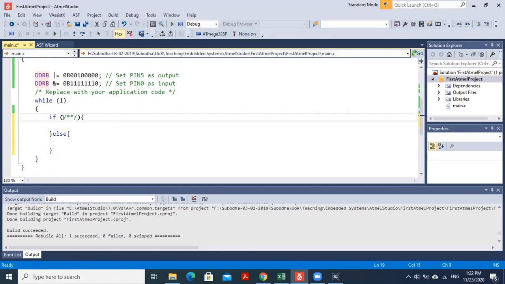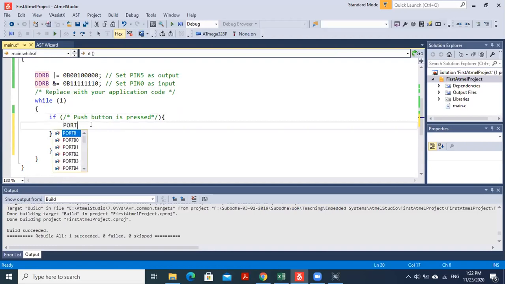For the understanding, I'm going to say if the push button is pressed, I'm going to turn the LED on. So how do I turn the LED on? PORTB equal to 0B00100000.